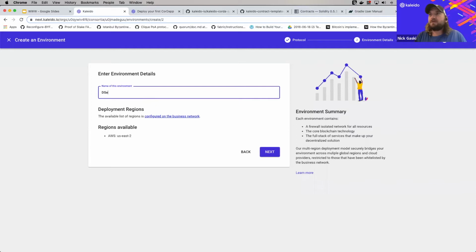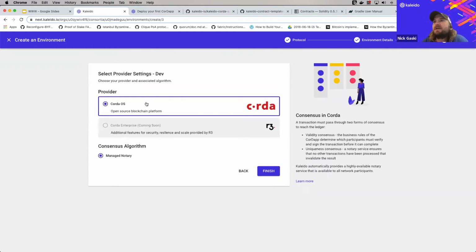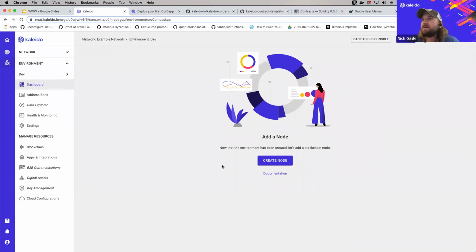So I'll create one called dev here. It's obviously going to be an AWS US East. That's the only cloud provider and region that we've whitelisted. And we're going to go ahead and choose Corda OS. And we'll do a managed non-validating notary. We're going to get this for free out of the box. Actually, our system monitor inside of Kaleido is going to serve as the notary in this circumstance. So we'll click finish. And now we want to go ahead and bring this guy to life by creating some